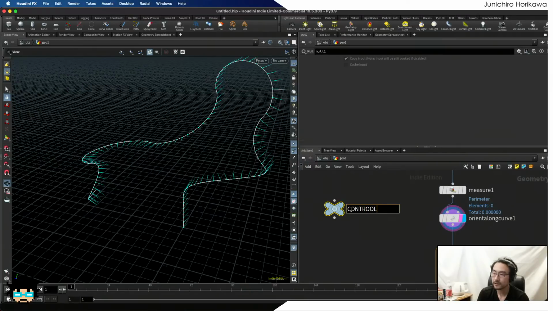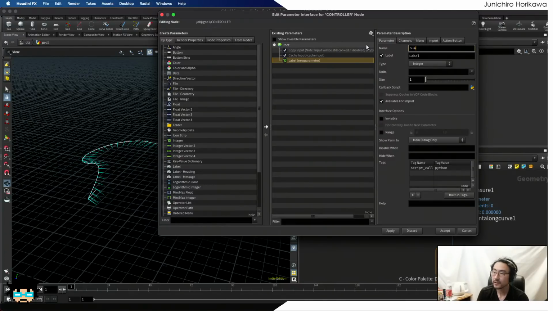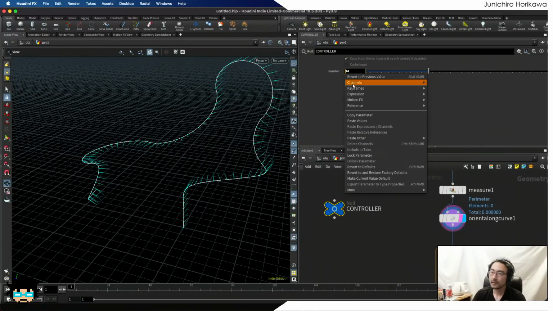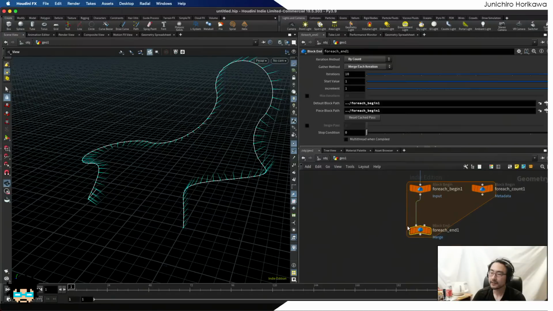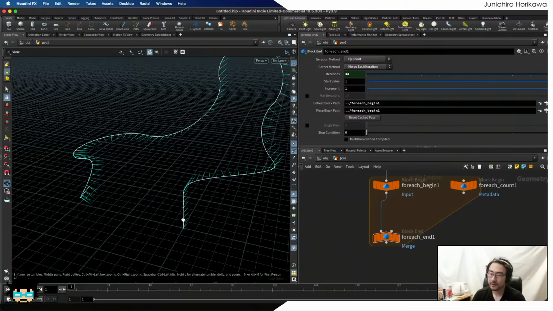I'm going to create the null node to store all the parameters that I would like to control later, just as I do many times. Let's name this number, 0 to 100, and copy the parameter, paste it into the for each number. Okay, so right now you have 34 iterations for this for loop,